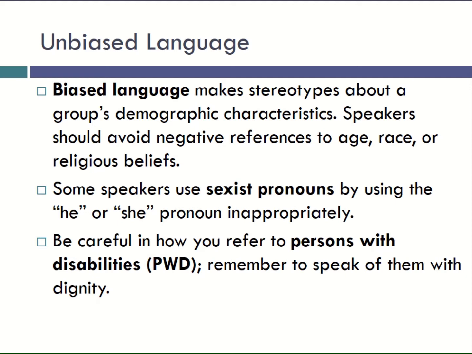As I said earlier, language is powerful. And because language is powerful, we have to be careful of how we use it. There is biased language. Biased language is language that carries a connotation with it, so making stereotypes about a group's demographic characteristics. So you need to make sure you avoid negative references to a variety of different